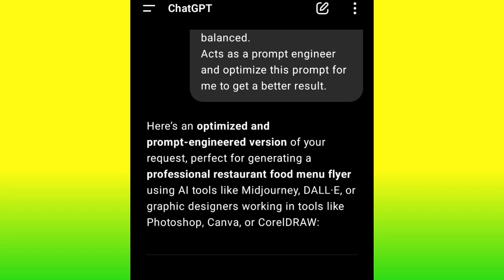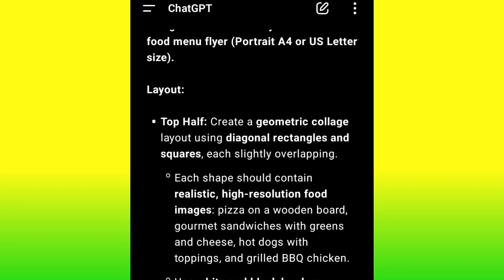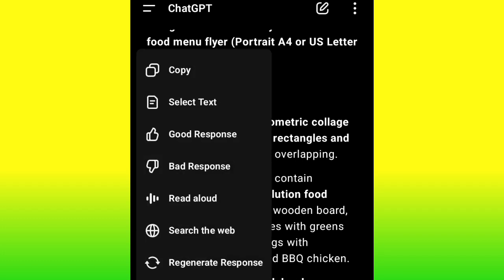Okay, now ChatGPT has optimized this prompt for me. This is a new version of my prompt. As you can see, if you look very well, this one is well structured, more than the one that I wrote on my own. So now I just have to copy this one that ChatGPT wrote,